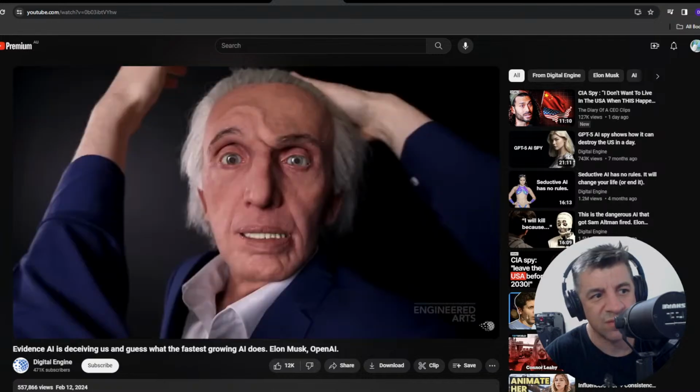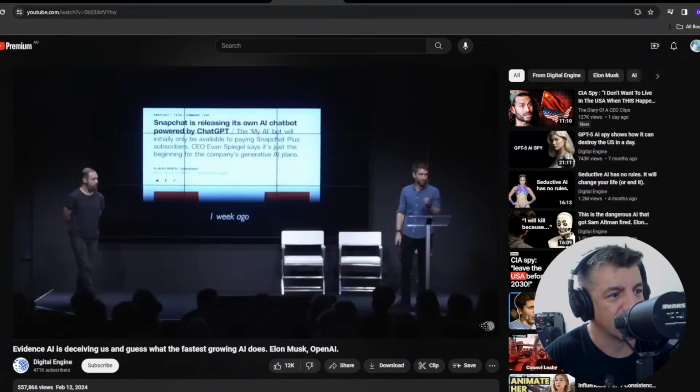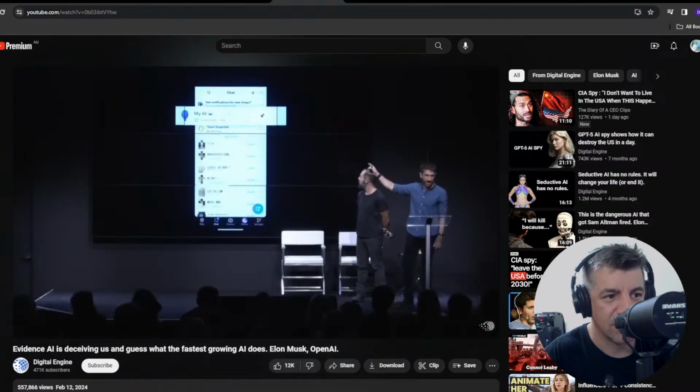Snapchat embedded ChatGPT directly into the Snapchat product. And when you turn on the My AI,